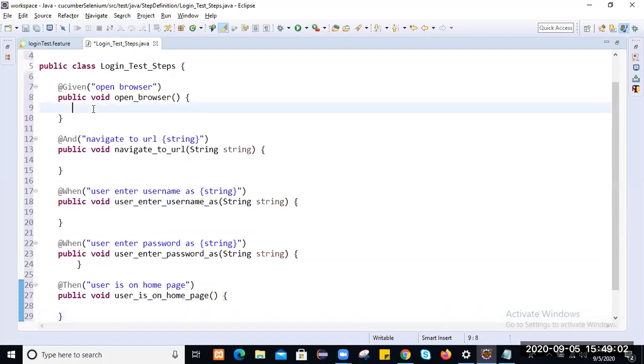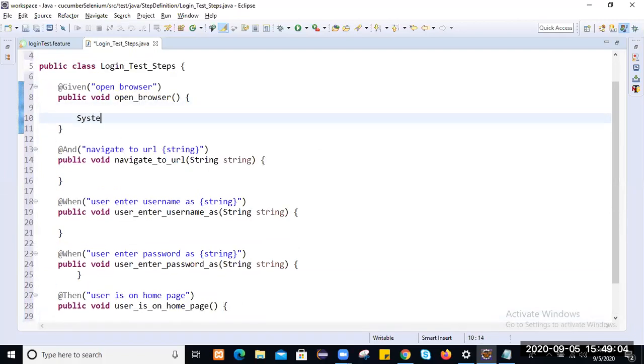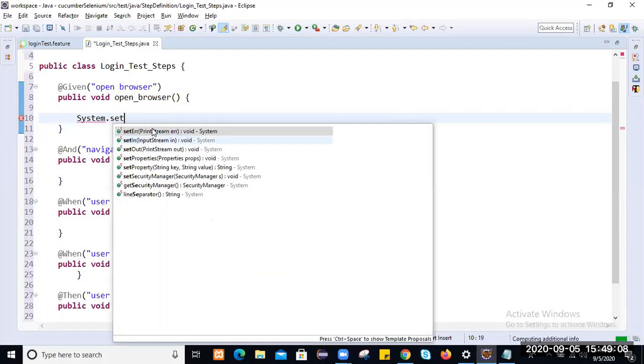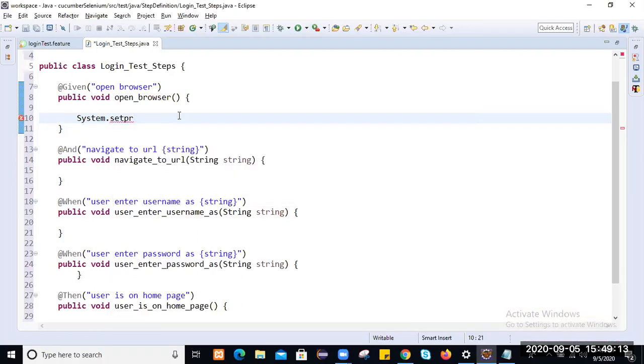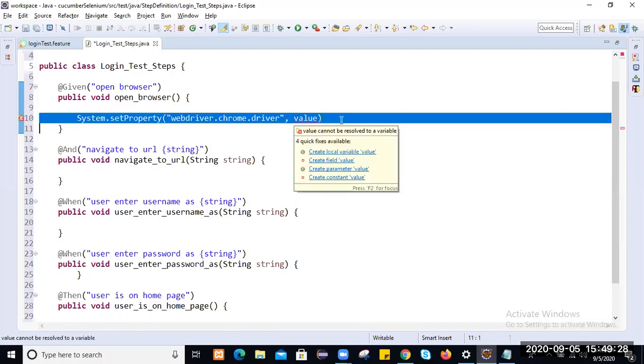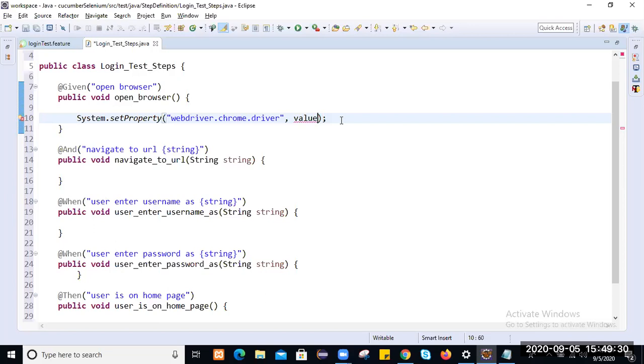So we'll open the browser. To open the browser, set the system variable path by using the System class. Okay, System.setProperty. Just use that property. To set the system variable, we have a key-value pair. webdriver.chrome.driver, since we are working on Chrome, and here the value is what our driver is, in the current working directory.